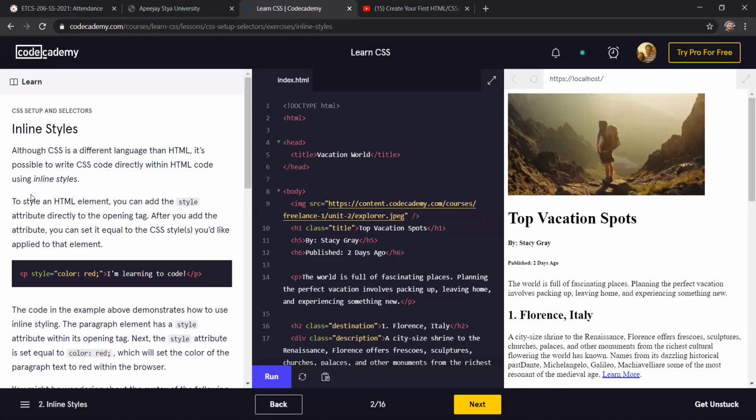Okay, so although CSS is a different language than HTML, both are different languages, it's possible to write CSS code directly within HTML code using inline styles. I already mentioned it. Okay, HTML element को style करने के लिए you can add a style attribute directly to the opening tag. Like if you have a p tag, you can write style as an attribute to it. And you can write that same piece that you would have written in a CSS file. Had you written p, and then let's say, one way of writing it, if you do not want it